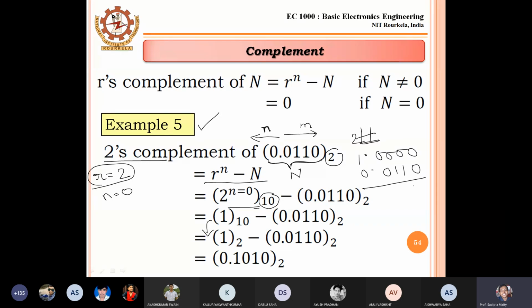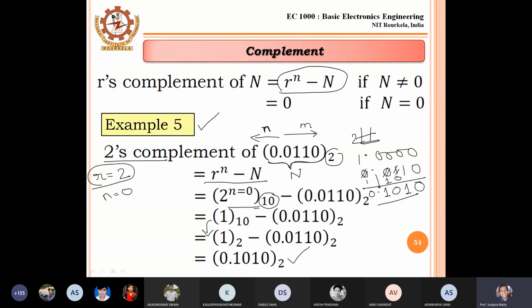So you can perform subtraction. 0 minus 0 is 0. 0 minus 1 is 1, and borrow 1. Then the borrow 1 has to be added, so that digit becomes 0, and the carry 1 is added to the next 0, so it will be 1. 0 minus 0 is 0. 0 minus 1 means 1, borrow 1, which is added with this 0. Now place the decimal point. This is my result. So just follow the process. Don't remember everything, though some formulas obviously have to be remembered.